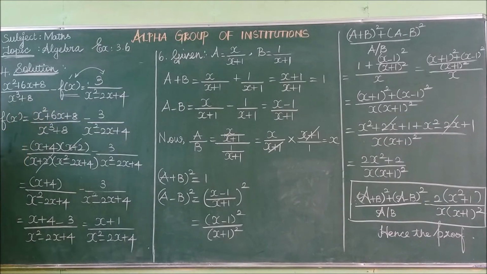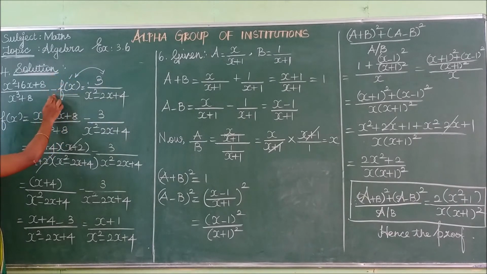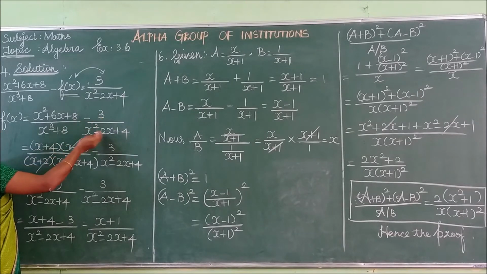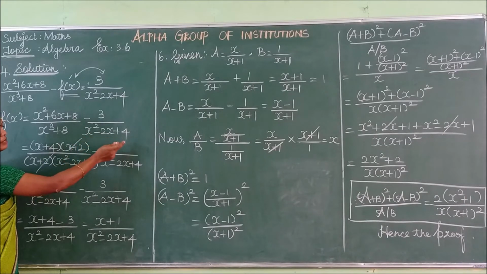So, you don't know that expression, so take it simply as f of x. Any variable you can choose, p of x like that. So, I am taking f of x. To get the answer 3 by (x squared minus 2x plus 4), you need the value of that f of x. So, it must be interchanged. Interchanging this, negative goes as positive, positive comes as negative. So, f of x is equal to (x squared plus 6x plus 8) divided by (x cubed plus 8) minus 3 divided by (x squared minus 2x plus 4), because the positive sign moving to the other side becomes negative.